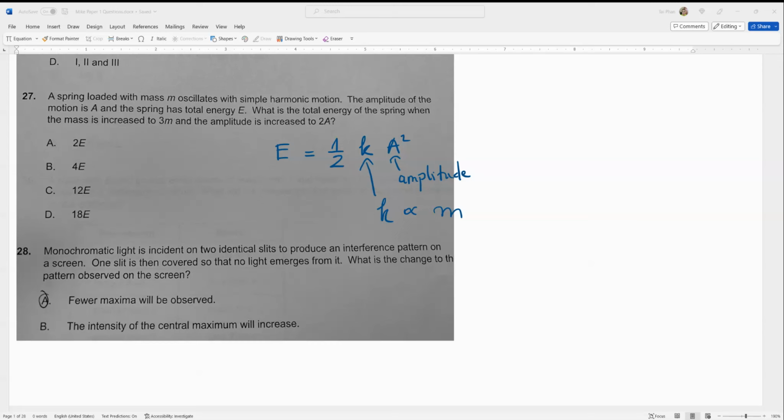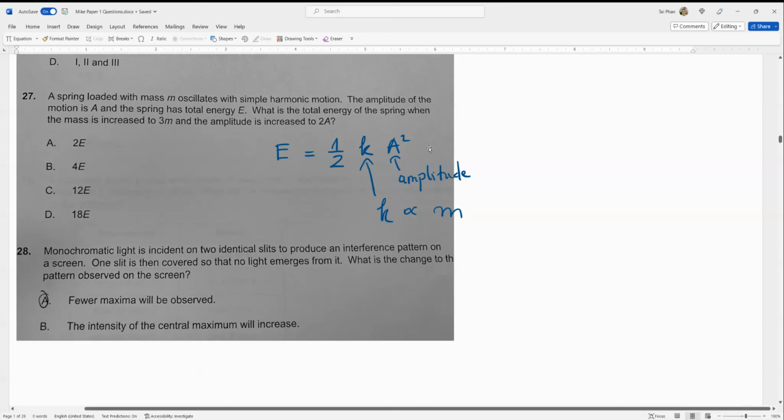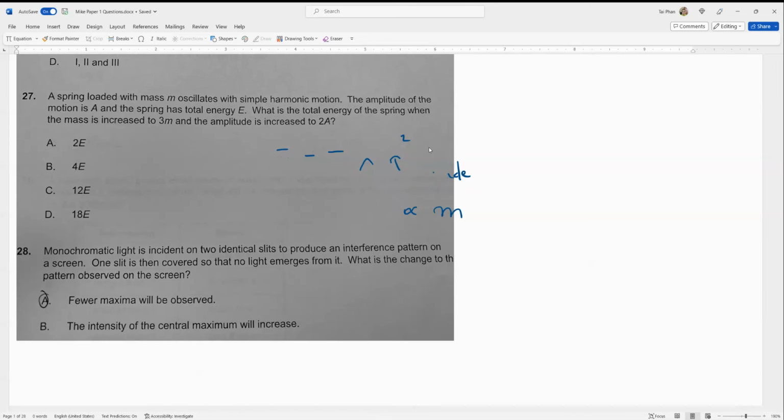The total energy is 1 half m omega square times x zero square. Let me write it again. In the booklet, topic 9.1 about oscillation, topic 9.1, okay? The total energy is 1 half m omega square times x zero square. X zero here is the amplitude. Omega here is called the